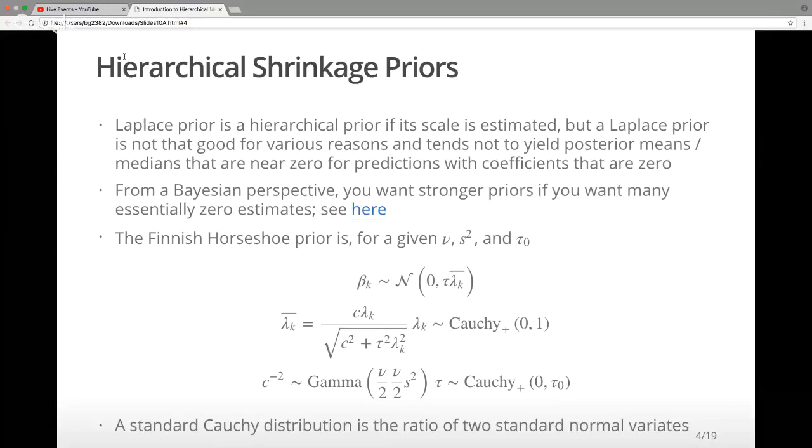So if instead of having lambda k, all the lambda k's were 1, then this would be a lot like ridge, and tau is your overall ridge parameter. But this enhances that idea by allowing 90% of the betas to be very close to zero because tau is small, but 10% of the betas not so close to zero because their associated lambda k's are bigger than tau is small, and it gives more room for those small number of betas to depart from zero.